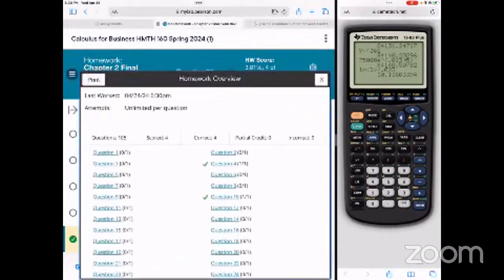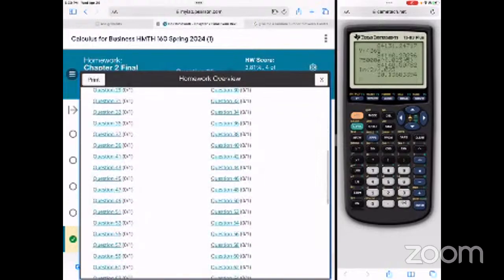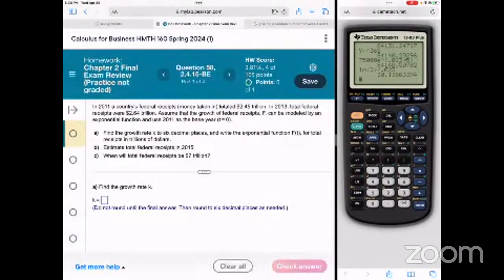In 2011, a country's federal receipts, money taken in, totaled 2.45 trillion. In 2013, receipts were 2.64 trillion. Assume that the growth of receipts F can be modeled by an exponential function and use 2011 as year 0. Find the growth rate K to 6 decimal places. So it looks like we're solving for R, and write the exponential function. Okay, I'm thinking it's going to be similar to PERT. Estimate the total federal receipts of 2015, and then when will...